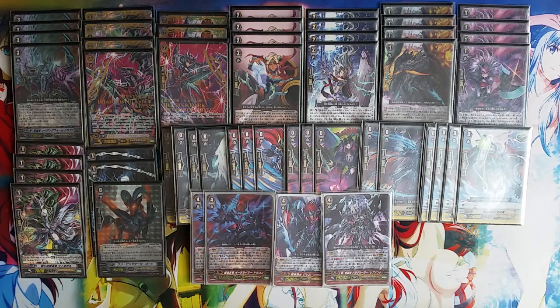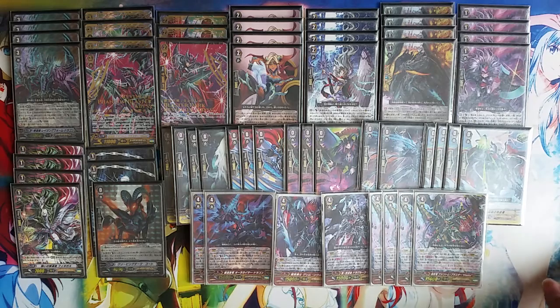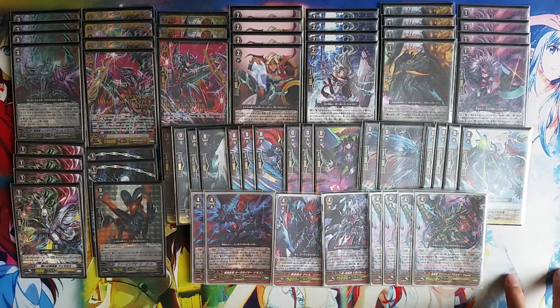And then the last strike, I'll be running 4 pieces of this Phantom Blaster Diablo. Skill is once per turn, G Persona Flip. When you control 2 or more G Zone, this unit gains plus 10,000 power and 1 critical. And also a new skill, when this unit attacks, you may sack 3, and if your opponent doesn't sacrifice 2,